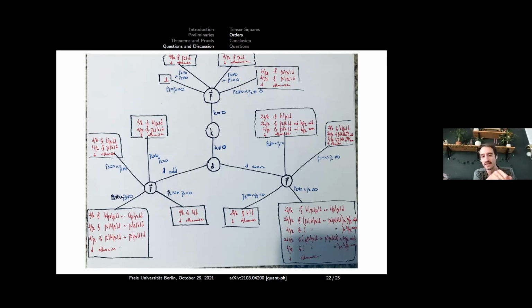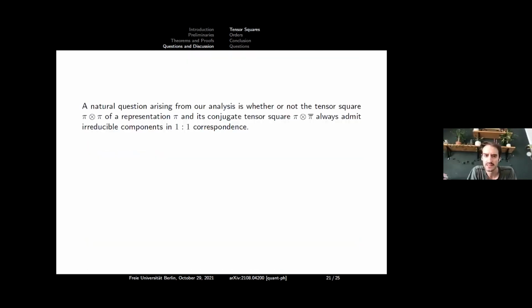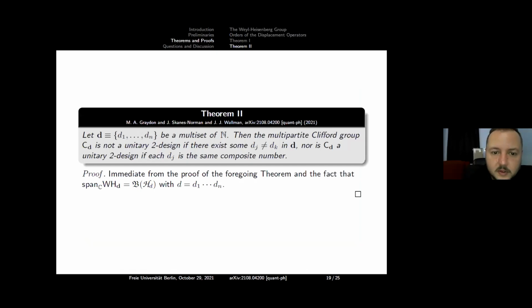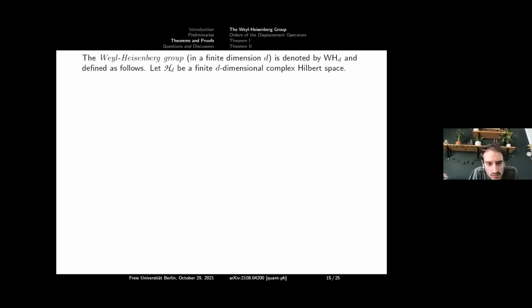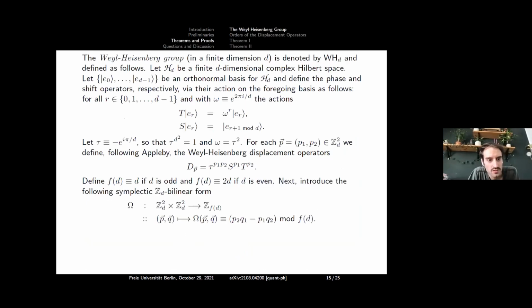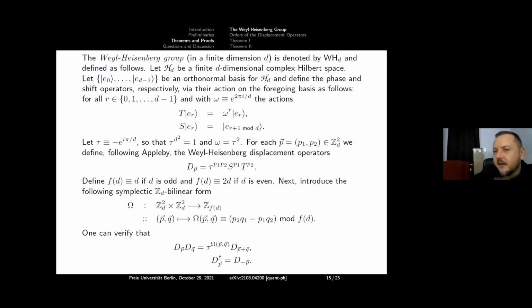And I suspect that since your diagram is quite branched out, it depends on the dimensionality and so on, whether this phase factor corresponds to a trivial equivalence class or a non-trivial one. Do you know if Appleby tau corresponds to trivial? Could you go back to the slide? I actually basically don't think it does. Here's the group. So tau is sort of the square root of the dth root, right? Yes.